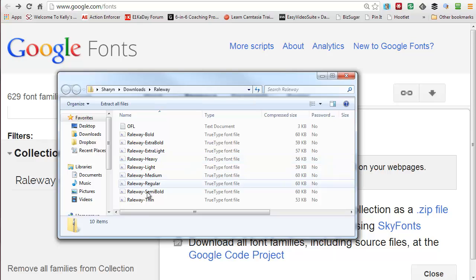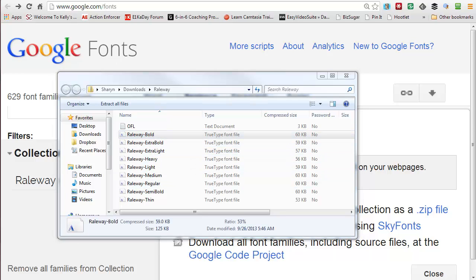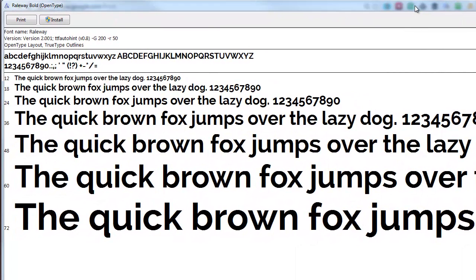It now shows all the different ones. You do not need to extract them. Just click on the ones that you want to use on your computer. Often they come in, if it's a family, in bold, extra bold, etc. I'm going to click on the bold and just double click it. It'll open up in another window, and I just get the option to install. So I'm going to install it, and it just takes a second to install,